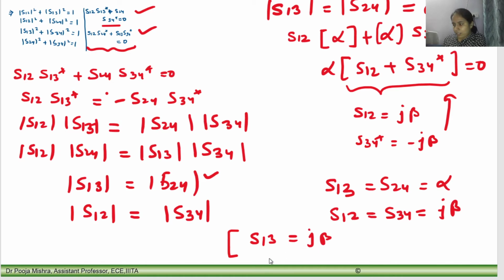And second thing is you consider that S13 is equal to beta and S24 is equal to minus beta. So obtain the solution for this and this. You may see it by yourself because we have already seen this particular thing. You will be able to see the further solution. If you consider S13 is equal to j beta, and S13 is equal to beta, S24 minus beta, you will get different kinds of solution. We'll see later in tutorial sessions.